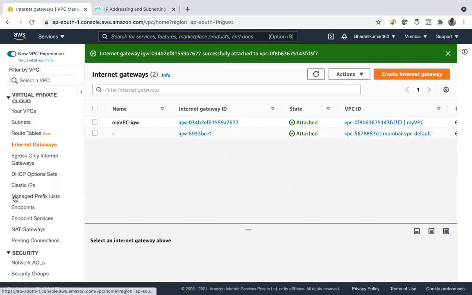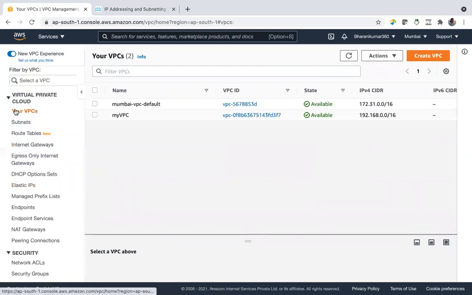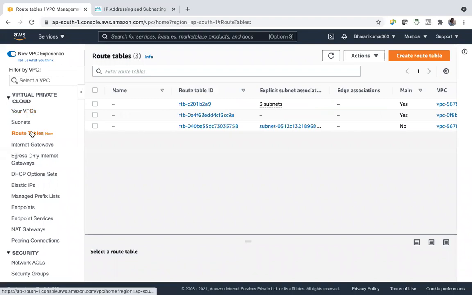And now my VPC can route traffic to the outside internet. But there is one more thing called the route table. I should also look into this route table. You need not create a route table for your VPC. By default, when you create a VPC, there will be one route table.